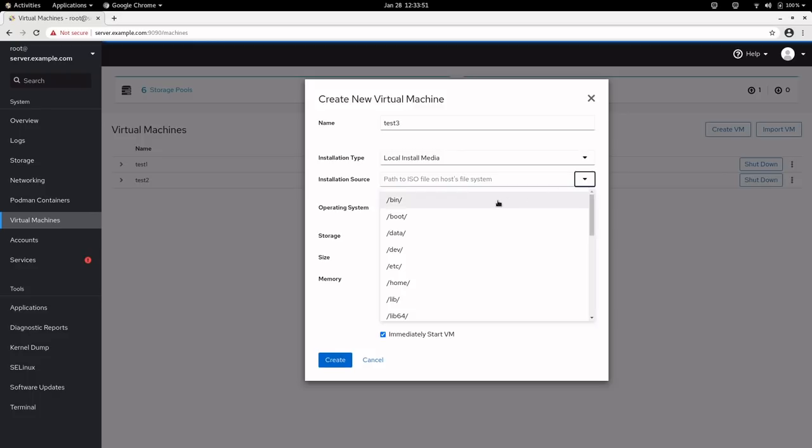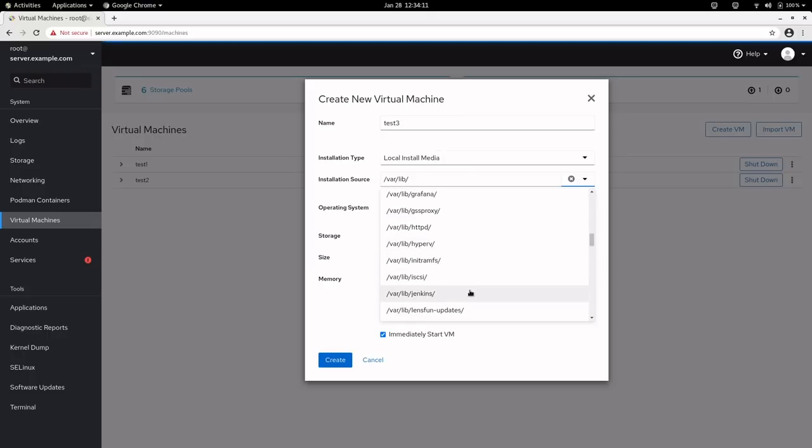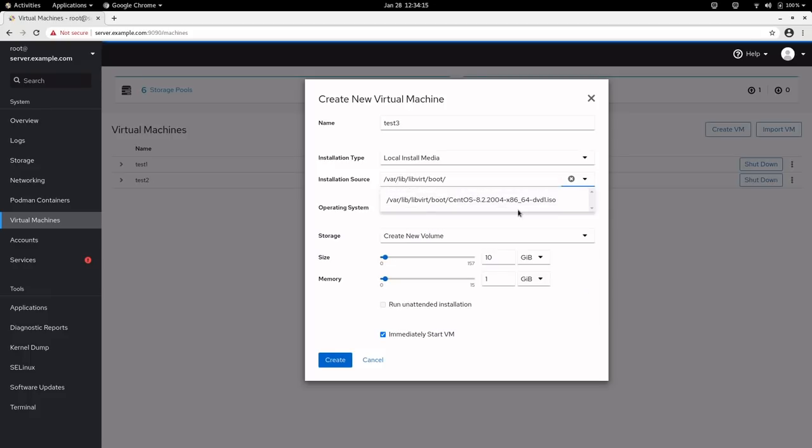Let me select the media, which is under var lib libvirt. Let me search, and then under boot, that's the image identified.